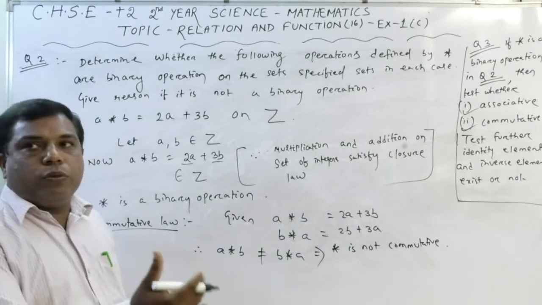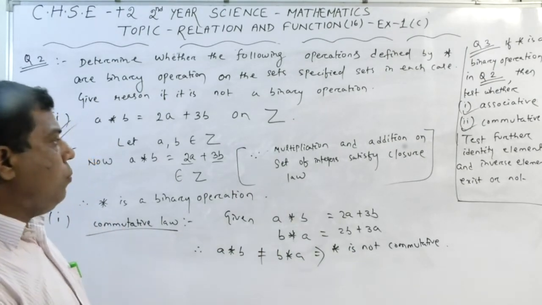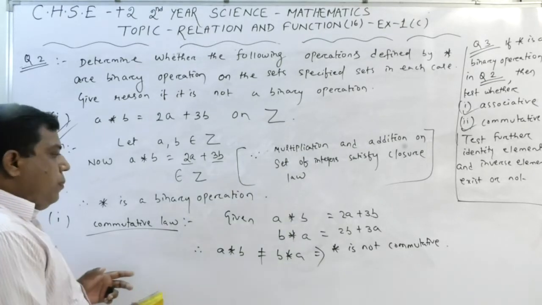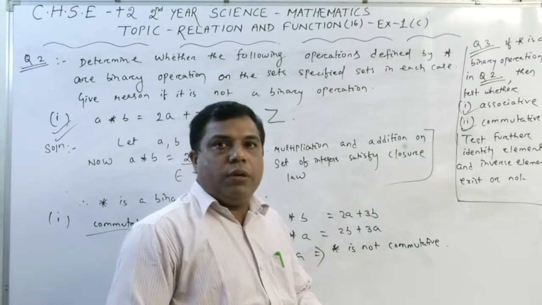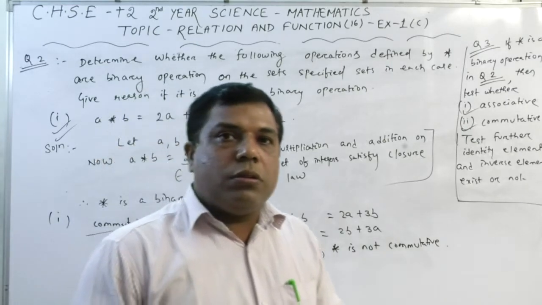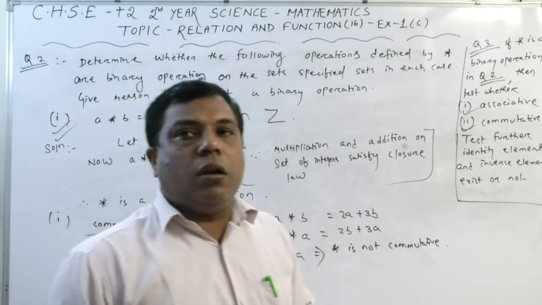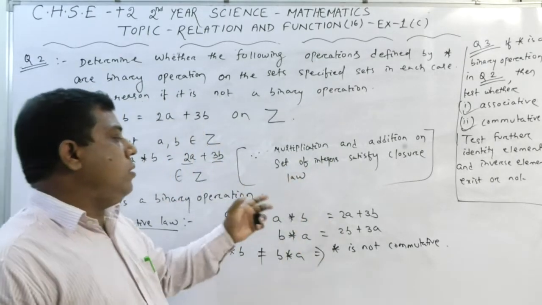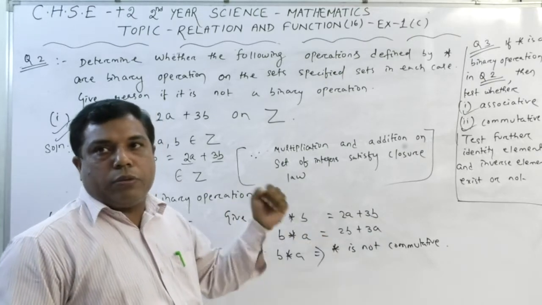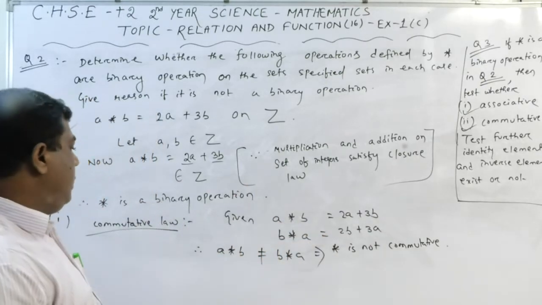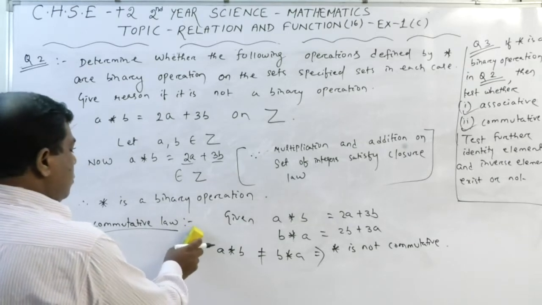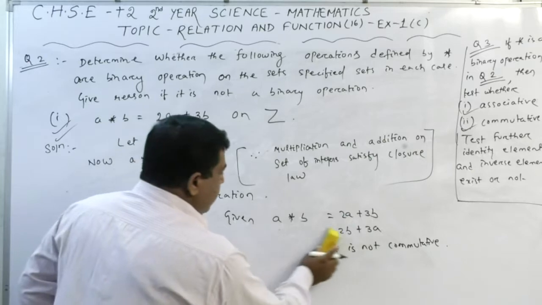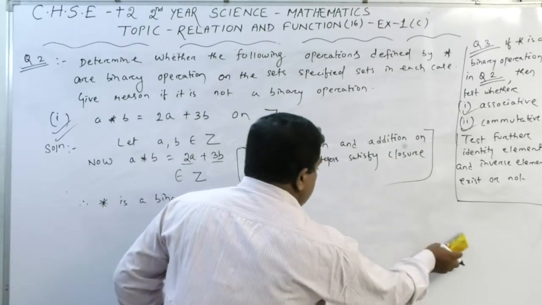And now we will move to check the associative law. My dear students, what I hope you realize is the approach, the procedure to check whether it is an operation or not, whether it is commutative or not, whether it is associative or not. Now I am going to show you how we will check. So next I am going to check whether it is associative or not.